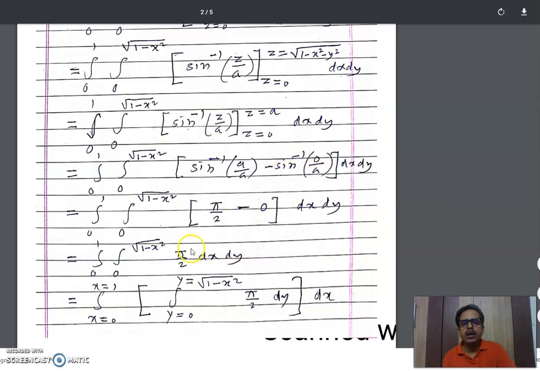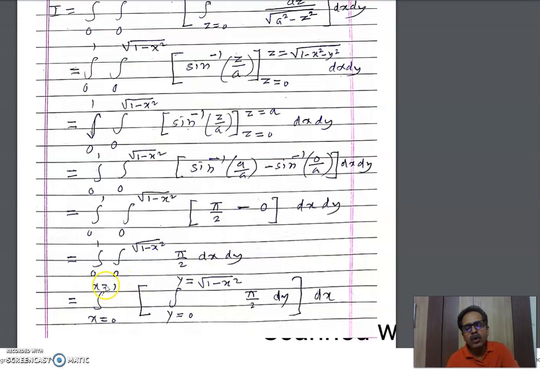In this way the given triple integral is now converted to a double integral. Now you can observe that here it is dx dy, that means x and y are the variables, and the limits of the inner integral are functions of x alone. That means first we have to integrate with respect to y here,